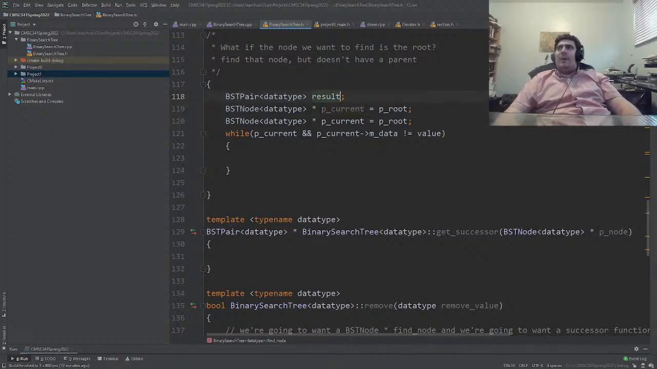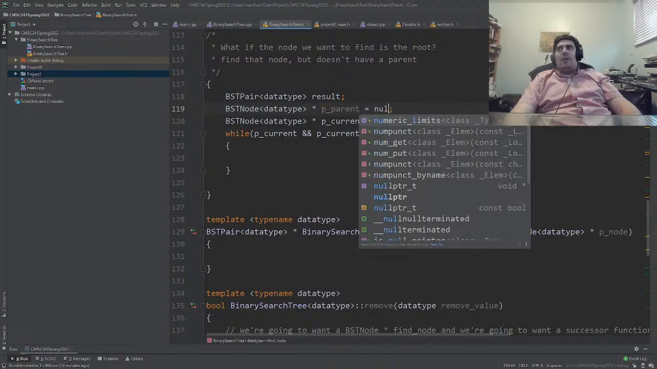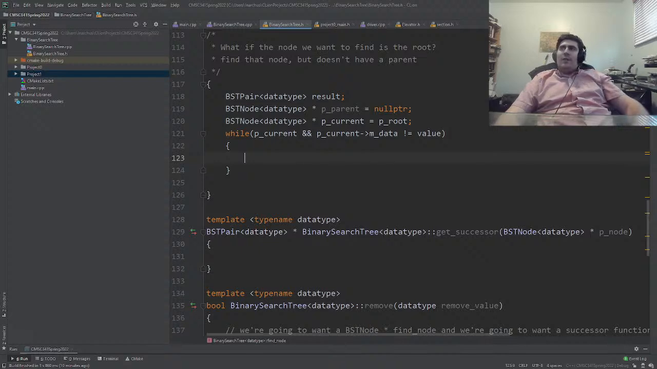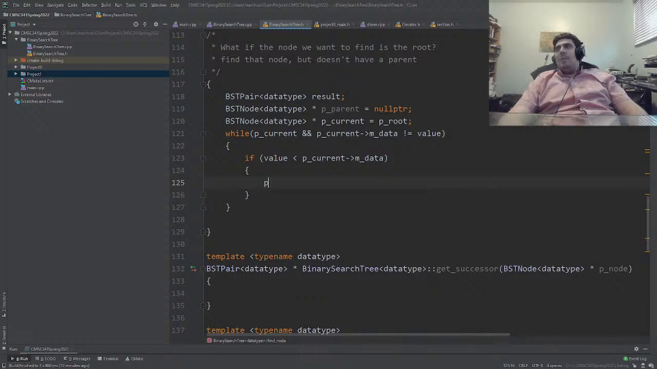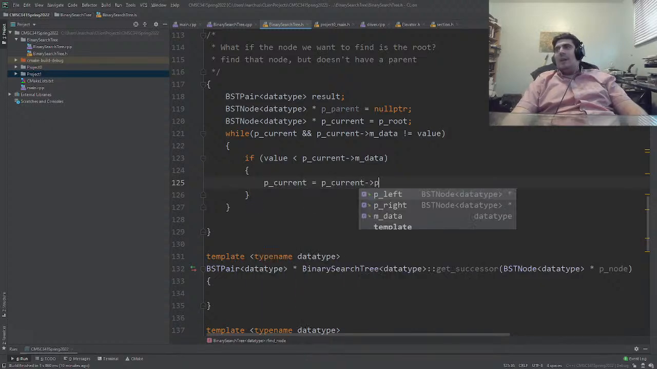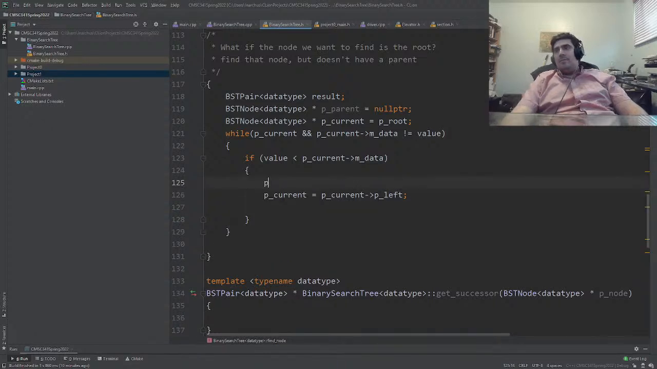So, okay, and then here, actually, you know, we can't even do that yet. So we'll do p-parent is equal to, say, null pointer, right? And so currently the parent pointer isn't going to actually do anything in this function. Basically what we're going to do here is say if p-current's m data, if value is less than it, then we're going to set p-current equals p-current dot p-left. We're going to set p-parent equals p-current. And then else,